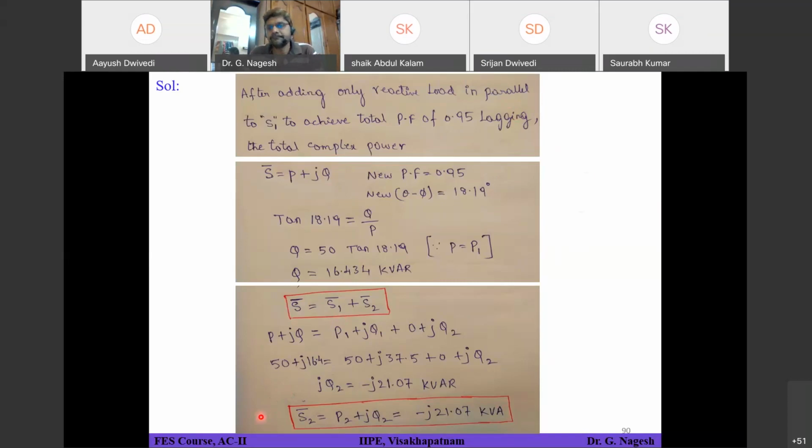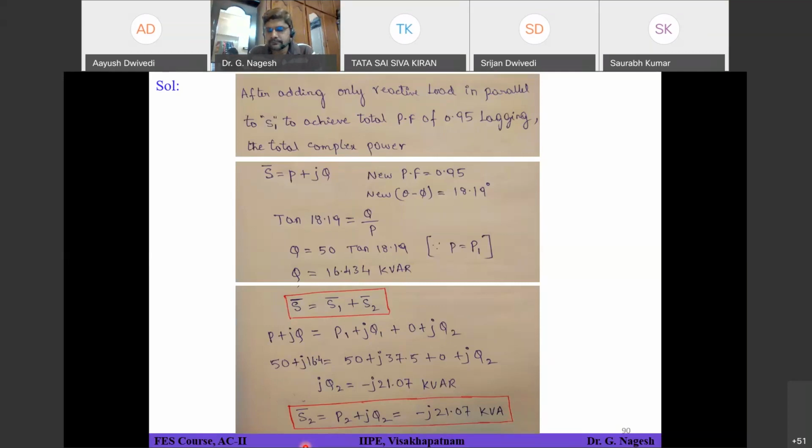I2 conjugate is equal to minus j 91.6 ampere. Okay, minus j 91.6 ampere. So try to find out Z2 from that, and then find out the impedance and then the value of that inductor or capacitor, whatever element you get. Everyone is able to follow? Is anyone having doubt in this concept?